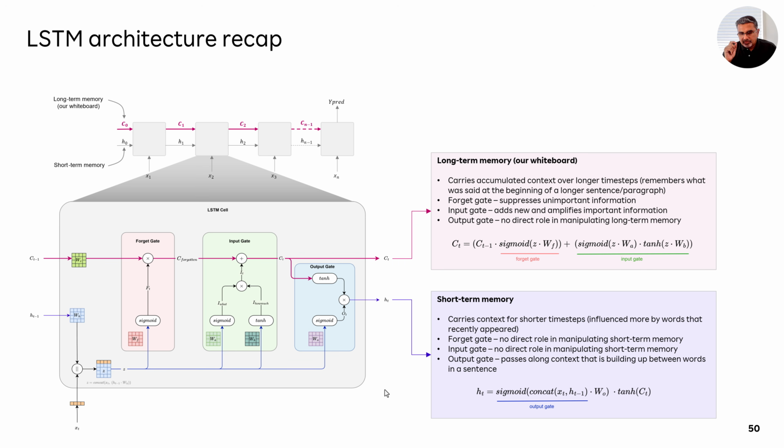Okay. Now, why does something like this actually address the vanishing gradient problem? Remember, I told you that there is a vanishing gradient problem where, if the sequence length is too long, the gradient descent algorithm, as it is updating the weights of all these matrices while progressing backwards in time through all the time steps, the gradient values start to go so small that they go to zero, and as a result there is no change happening to these weight matrices.